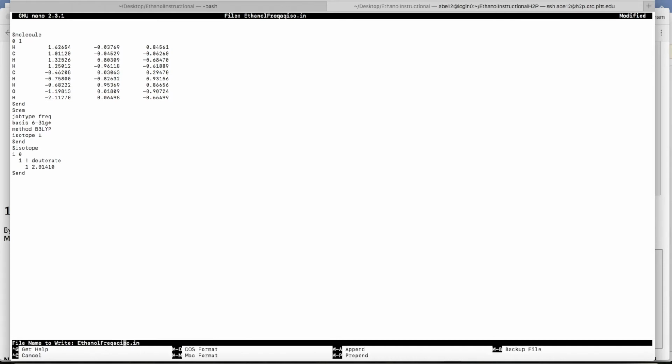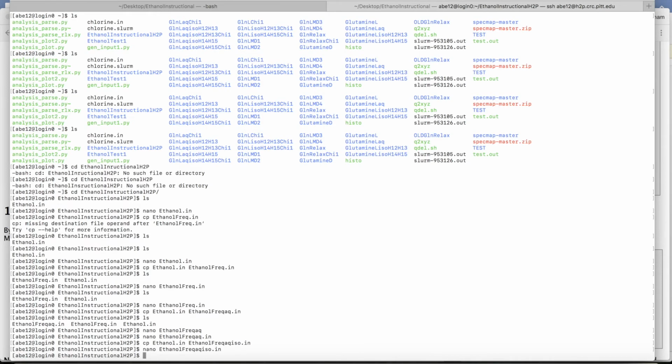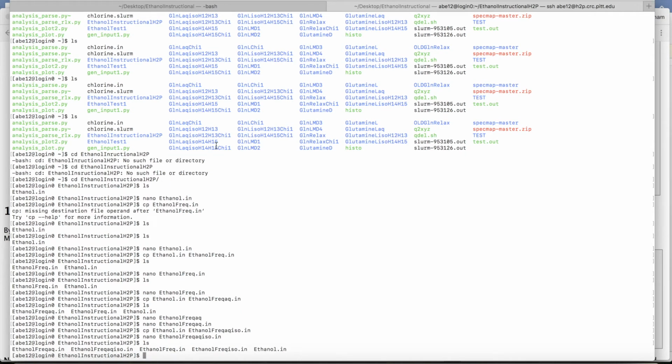Again, I didn't do these calculations aqueously, so I'm just going to do isotope. Okay, so you can really see the four types of calculations that we have set up. A simple frequency calculation in gas phase, a simple frequency calculation in solution, specifically water in this case, done implicitly, a simple frequency calculation done on a compound with one of its hydrogens deuterated, and this is an